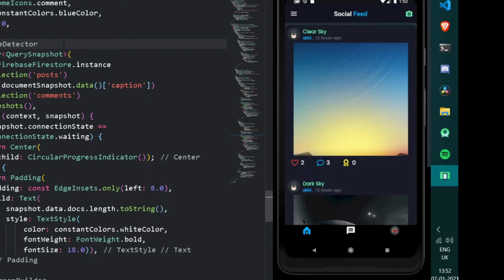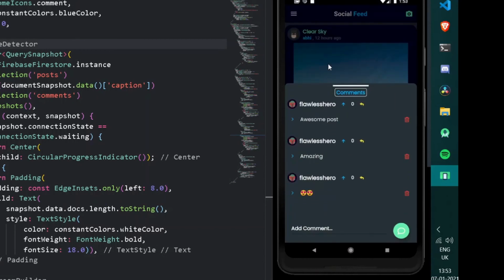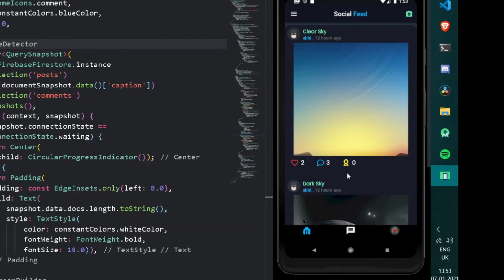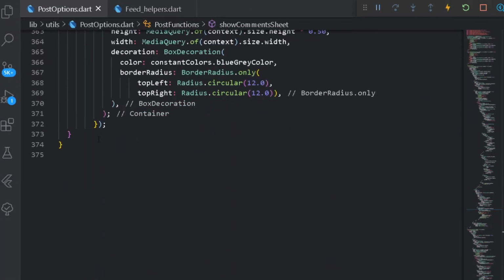So now after having the fields of likes and also comments, we need to add a reward under the post. That is, now we are going to post some rewards to the post because we have loved them very much. So for that, let's go back under our post options and create one more method for, first of all, showing the reward sheet.